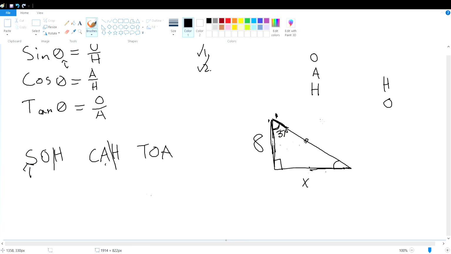Once again, we do the same thing as we did last time. We label everything. This is going to be hypotenuse, this is the opposite side, this is the adjacent side. This time we're still looking for the opposite side, which is O, but we're given the adjacent side, which is A. Which one of these functions has O and A? It's tan. So we'll write down tangent of theta, which in this case is 37. So tan 37 is going to equal the opposite side over the adjacent side,